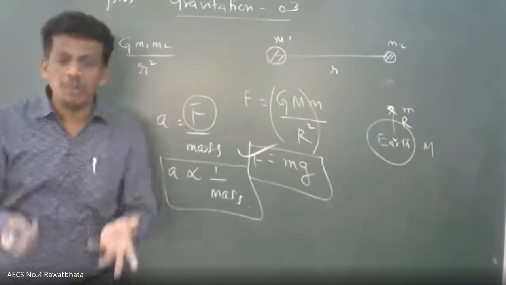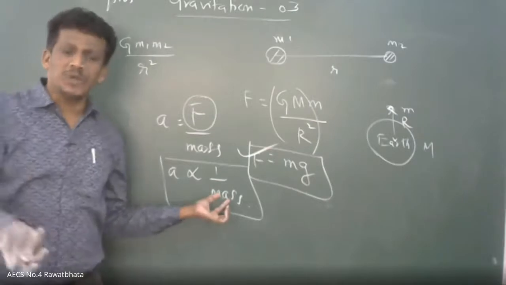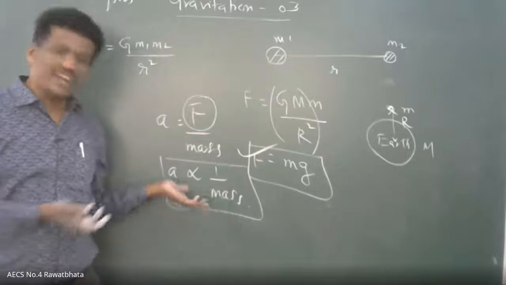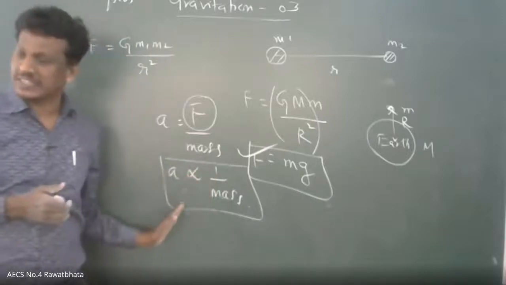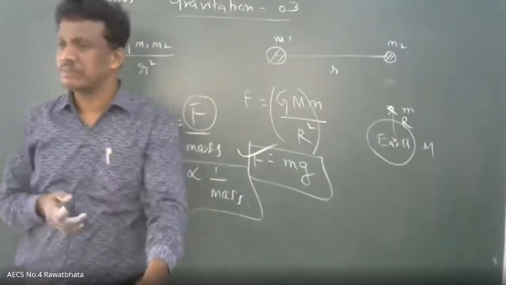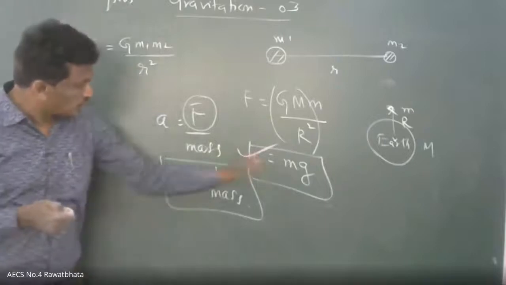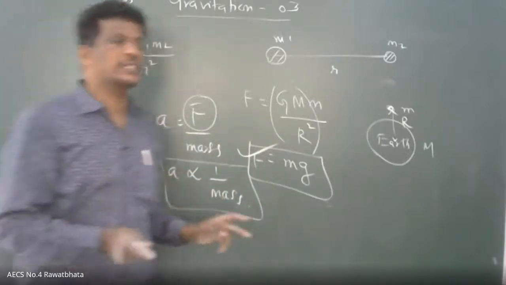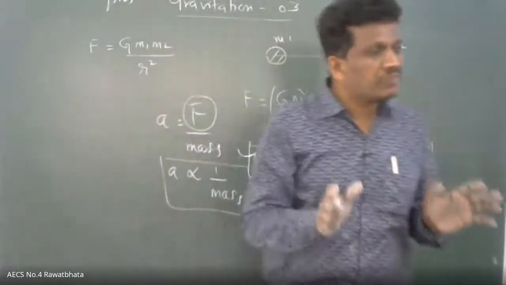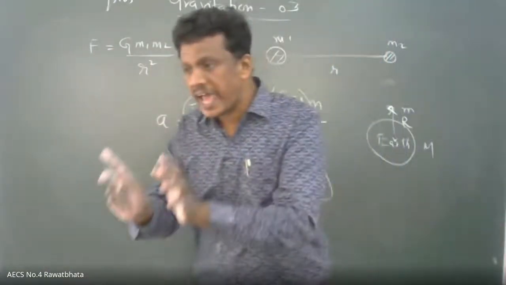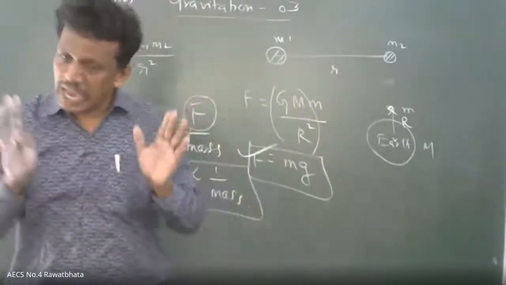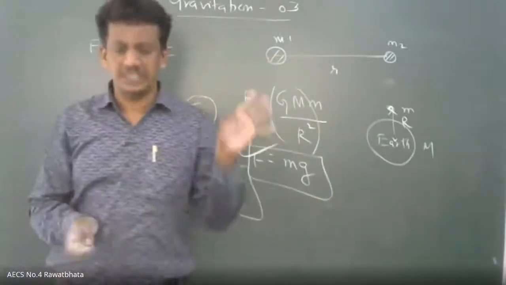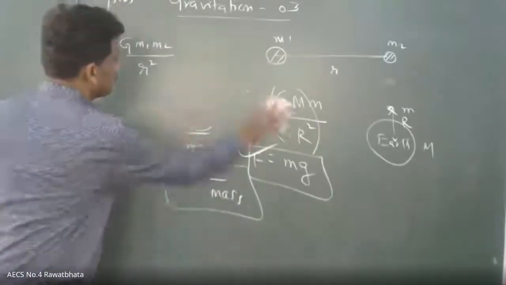But the apple, maximum you can take it as 250 gram. So 250 gram means you have some significant value of acceleration. That's why the apple is moving towards the Earth. Is it clear now? Force will be the same, but acceleration different. Acceleration depends on the mass of the body which is to be accelerated. So the Earth is also accelerated, but very, very small, negligible. That's all.